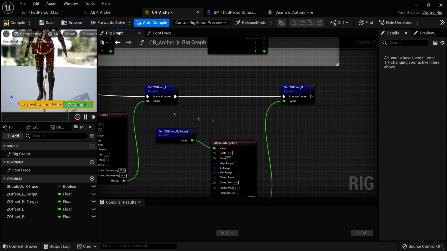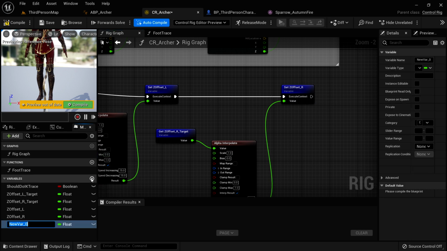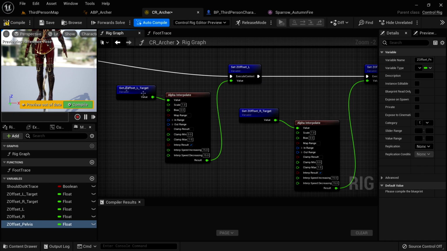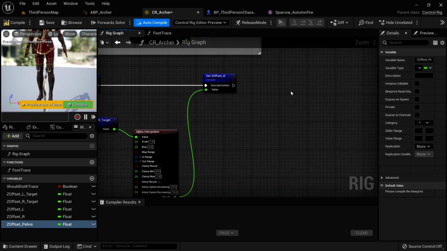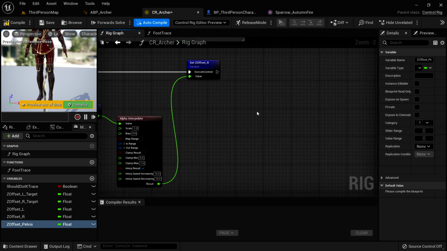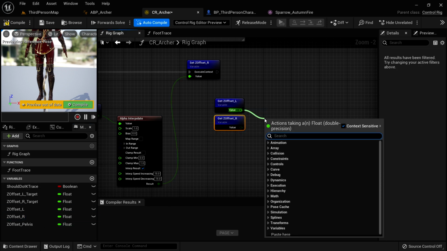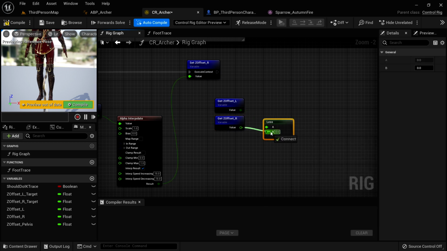Now I mentioned we're going to want to move the pelvis down as well. So we're going to want a Z offset pelvis variable. So let's add a float variable called Z offset underscore pelvis. And we don't need to interpolate this because we're going to set it to one of these two. And the one we choose is going to be the one that's the lowest in the Z direction. So we need to quickly calculate which one of these is lowest. And we can do that by getting Z offset L and Z offset R. We'll get both of those, drag off of one of them and type less. And we'll get a less float node, which takes two floats and returns true if A is less than B